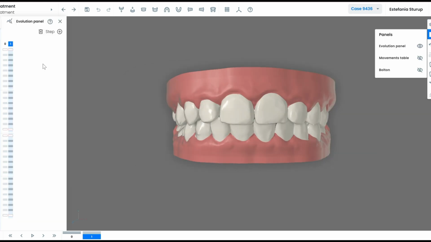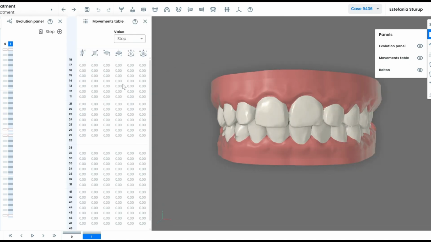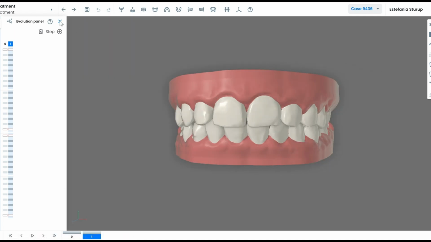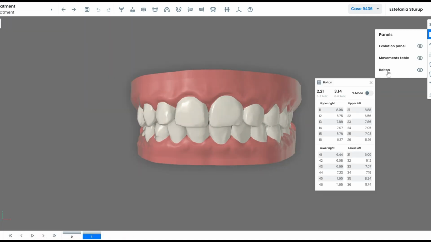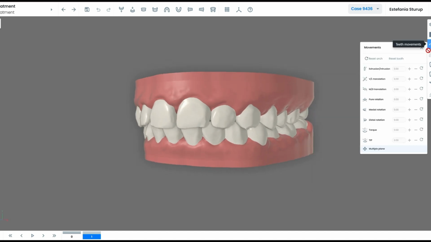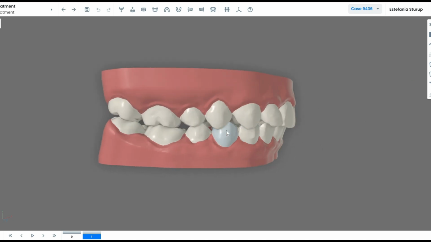In our panel, we have our evolution panel, which I will be showing you as we stage the treatment. We will be adding aligners and key steps. We have the movement table, where we will be seeing step-by-step accumulation or total of our movements. And we have a very useful tool, the Bolton table, which is going to give us the ratio and also the mesial distal distance of each of our teeth. This is very helpful also. We have our movement table, which is how we're going to be planning our treatment, IPR calculation, attachments, and TADs. So I will be starting with